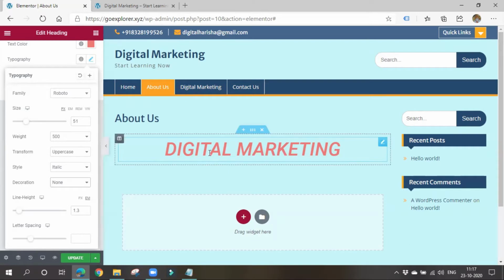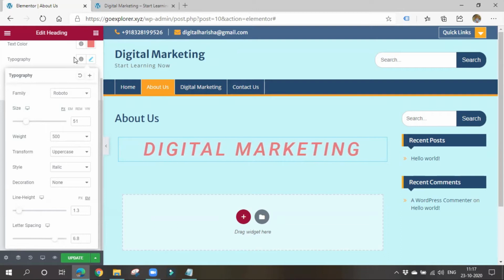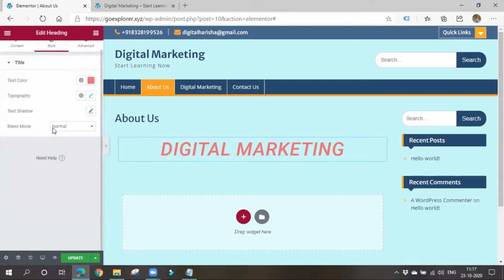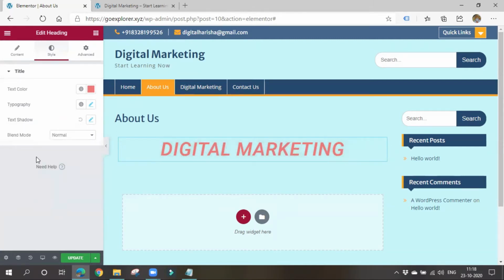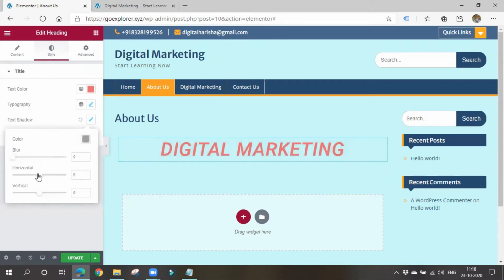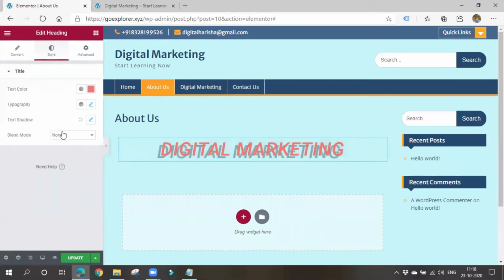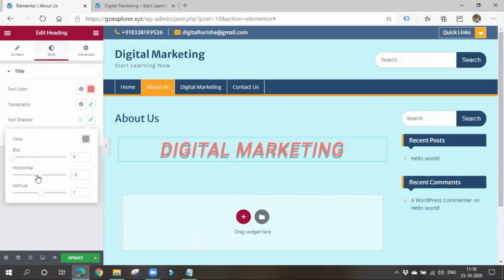So next thing is letter spacing, how much spacing you want among the letters. Like this you can increase the spacing also. Nice. You can also apply a shadow here. See, the shadow is appearing there. If you don't want anything, simply keep it as nothing. What type of shadow you want, whether vertical or horizontal, whatever you want, you can choose. I don't want anything. I want to remove this.